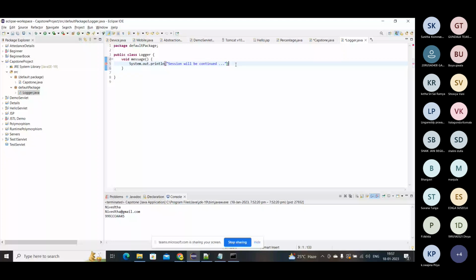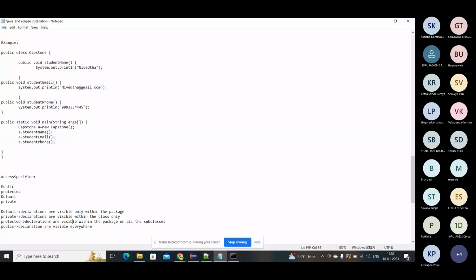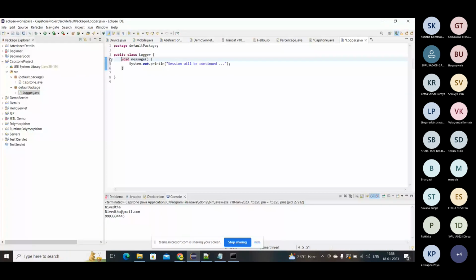See here, I have created a default package. So you already know declarations are visible within the package. You cannot use it in another one. I have not used any specifier here in the method. Here also I don't want to specify any access specifiers, so it will be within the package. So if you run this,